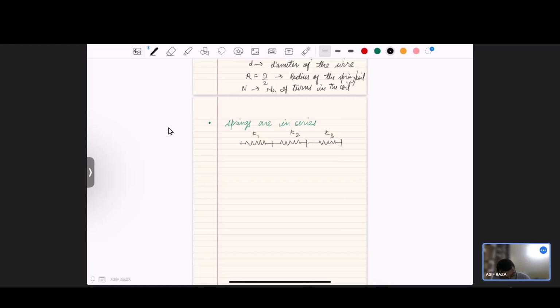I can draw a K equivalent, and this would be equal to